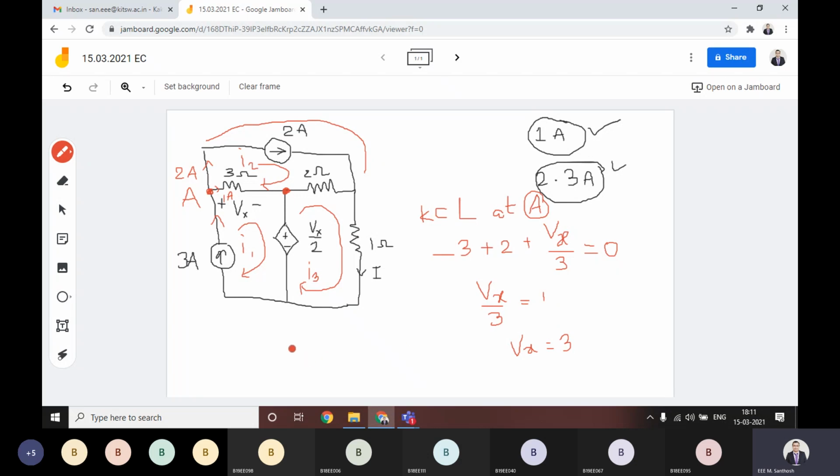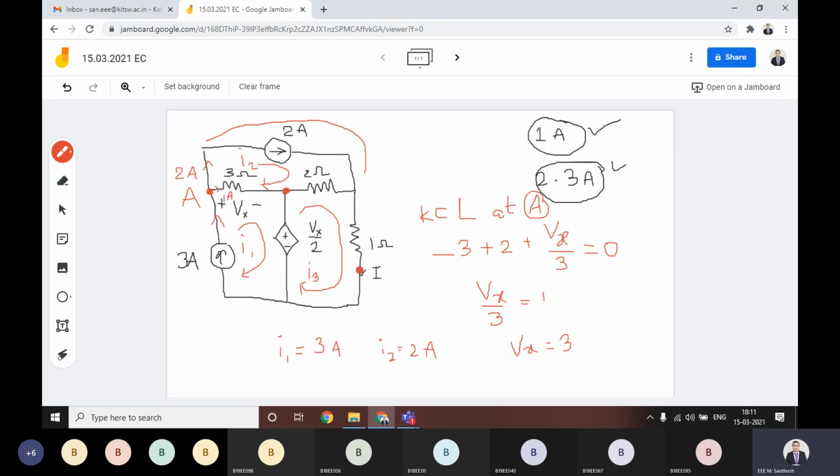Then with that you will come to know the current values. The current I1 is equal to 3 amperes. Why? Because this is 1 ampere and this is 3 ohm, so this current is also 3 amperes from the source. That is the loop current I1, 3 amperes. Then what is the I2 value? I2 is obviously 2 amperes flowing in this loop, right? The source is directly connected, so I2 is 2 amperes.